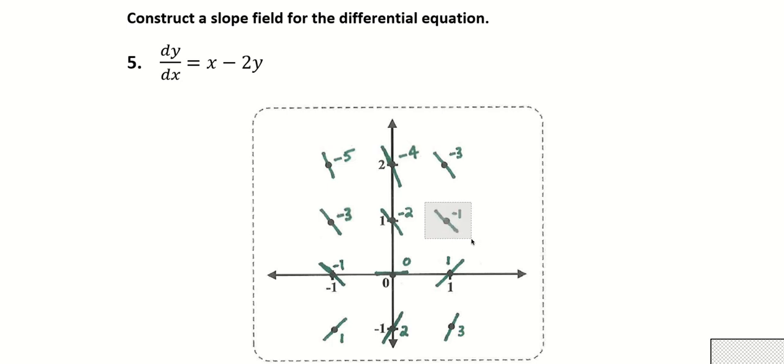Over here, at 1, 1, x is 1 and y is 1. So you'd have 1 minus 2 times 1 for dy/dx at that spot. You'd end up with an overall dy/dx of -1, which means down 1 over 1, a downhill slope, perfectly diagonal. For example, over here at -1, 2. So this would be like -1, -2